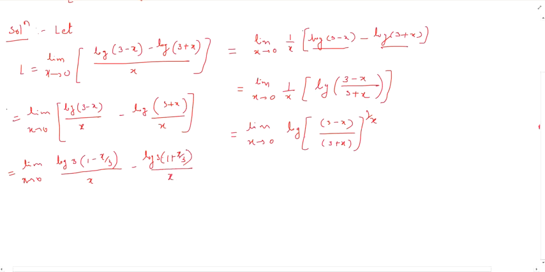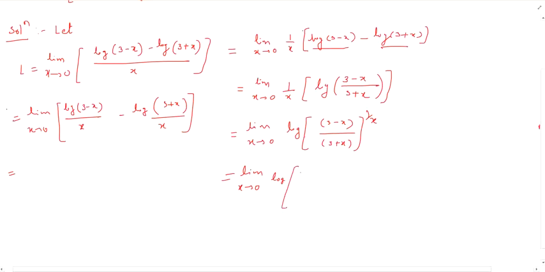Log m into n is log of m plus n, so this becomes so lengthy, so avoid this one. Using it this way, taking 3 common, this term reduces to the format log of [1 minus x by 3 upon 1 plus x by 3] inside bracket, complete this